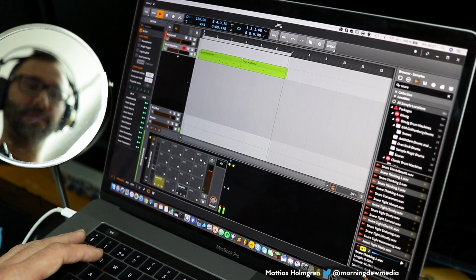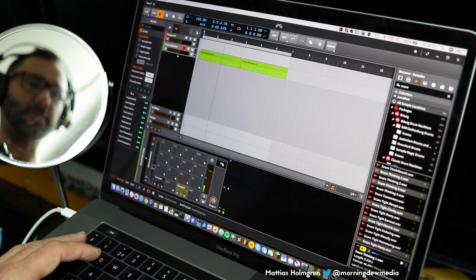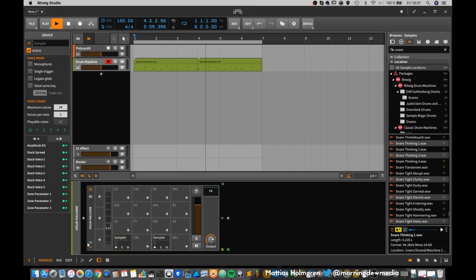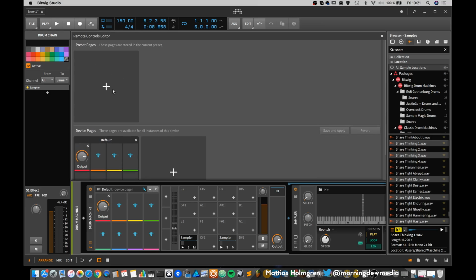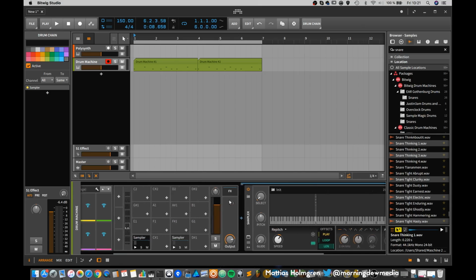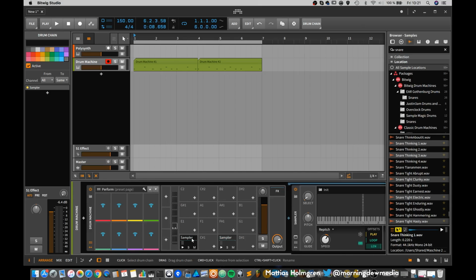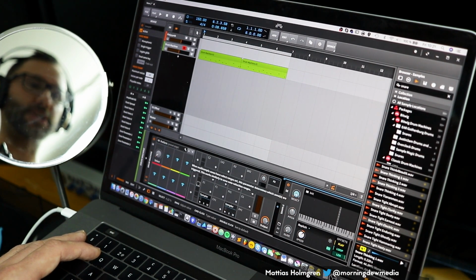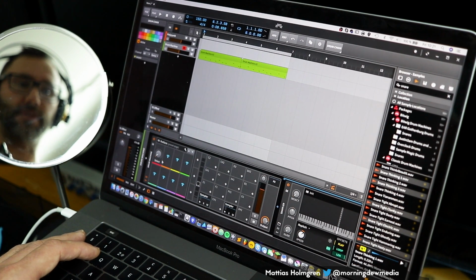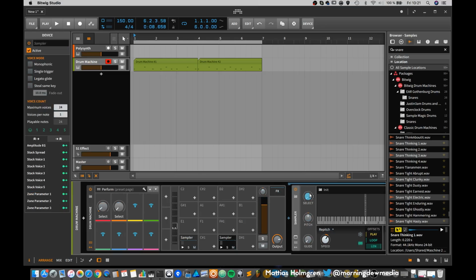And this doesn't sound that interesting, so let's add some wicked modulation to this, wicked randomization. So let's first press this wrench icon to go and create our own preset page. You can close that window, and be sure to have your first sampler selected. Press this mapping icon and map it to the selection, and do the same thing for the second mapping and the select of the snare. And now again.